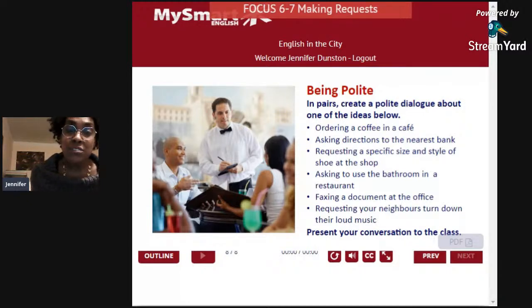You're in a restaurant and it's a big, fancy restaurant and you have no idea where the bathroom is. Who do you ask? Do you ask the people at the next table? Hey, where's the bathroom? Do you signal the waiter? Oh, excuse me. Do you get up and go home and use the bathroom and come back to the restaurant? So you're in a beautiful, elegant, fancy restaurant that's huge. You have no idea where the bathroom is. You're asking to use the bathroom.